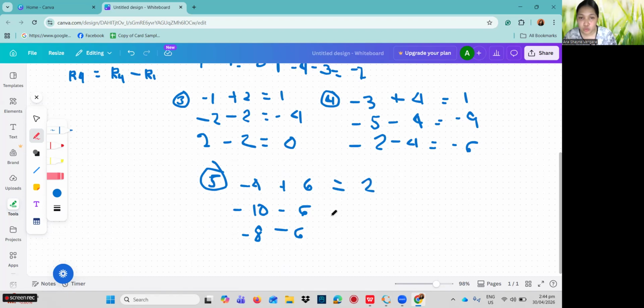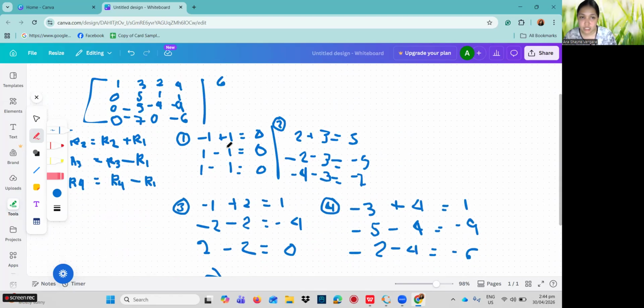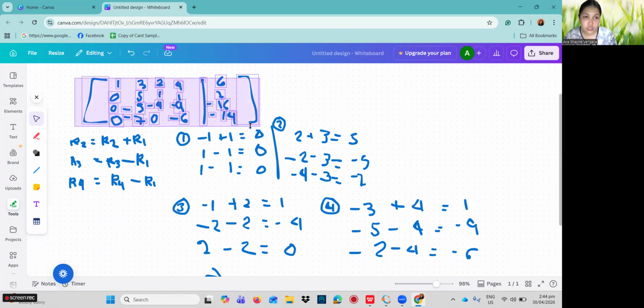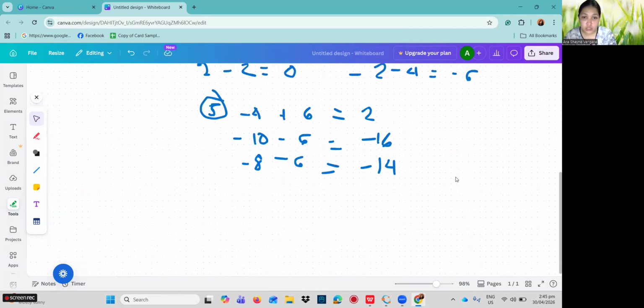That will be 2, negative 16, and negative 14. So this is the new one, and then you will copy that and proceed to the next step.